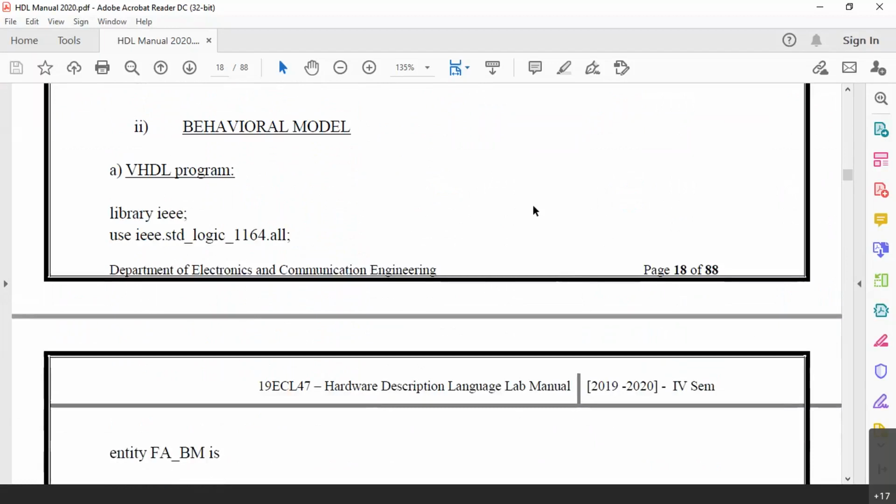The difference between the behavioral model and the data flow model is that the data flow model is actually an arithmetic expression, or it can be a logical expression, whereas the behavioral model is going to be following a sequence. As told in the theory class, all combinational logic is of concurrent behavior, so it can be described by means of data flow description.